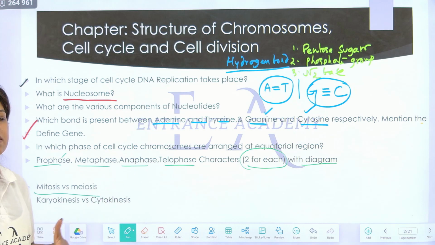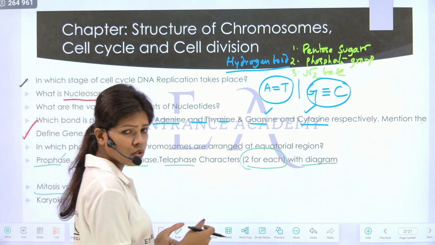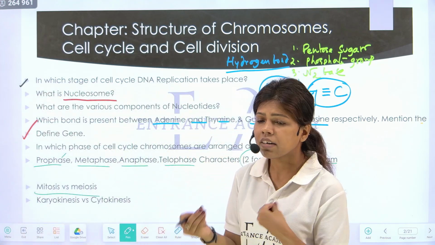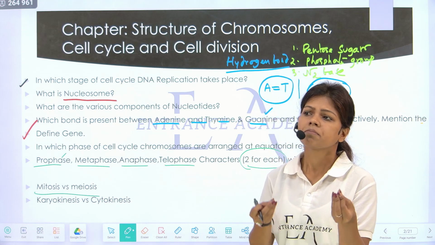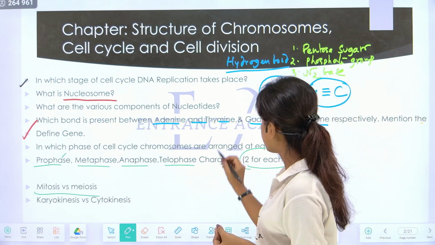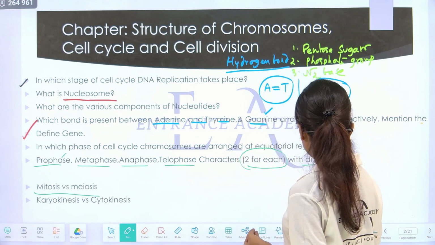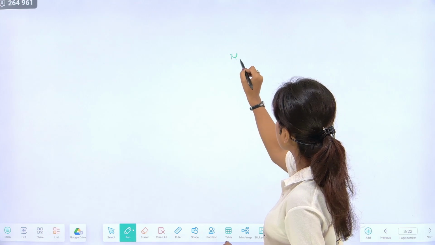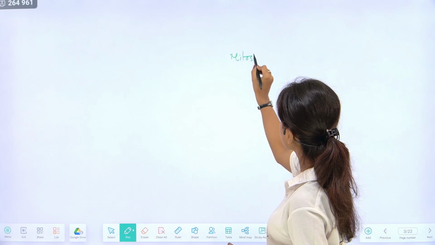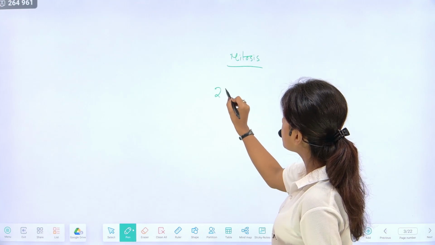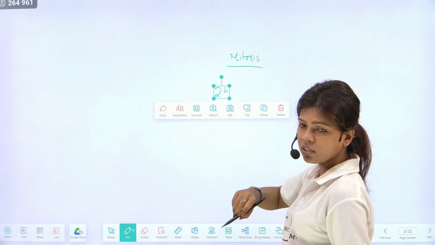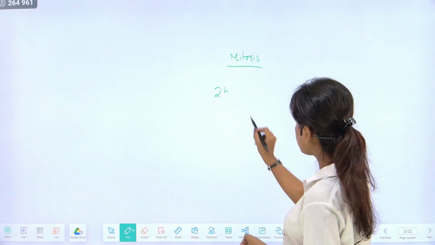Next, mitosis versus meiosis. There are two types of cell division in our body. The first one is mitosis, the second one is meiosis. What happens during mitosis cell division? The mother cell, diploid, will give rise to daughter cells